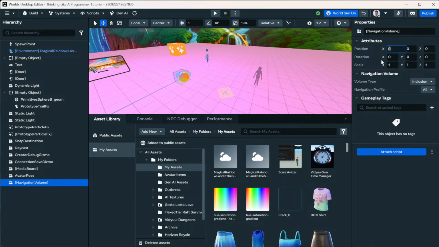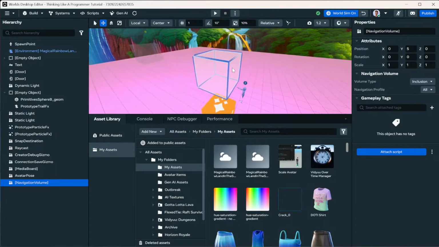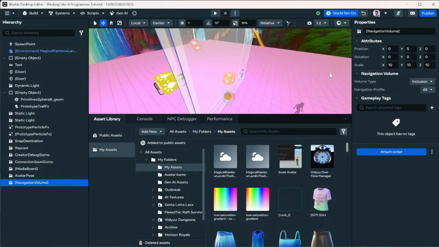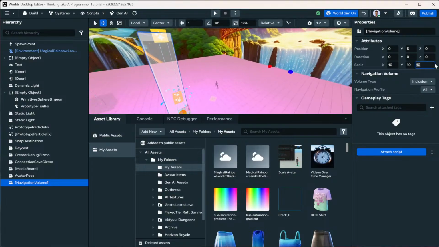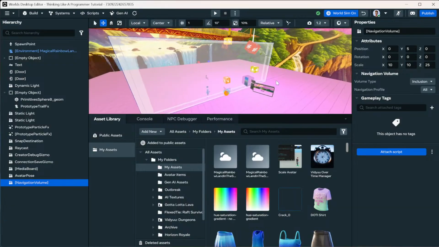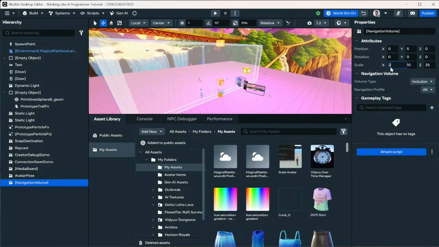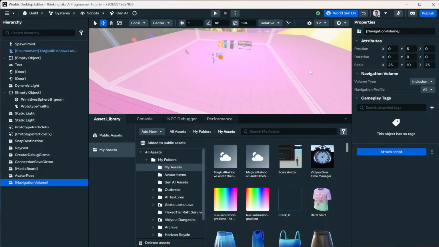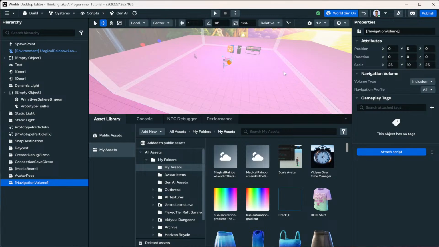So we can say move this to +5, and then F to focus, and then we can make this really big, like 10, 10, 10, and that didn't go on one of these axes. Let's go 25, there we go. And so this whole, oh, that's so weird, that's not working. Oh, this one is the one that was bagged up. Okay, so this whole area would be the navigatable area that NPCs could walk in, and if you had cubes